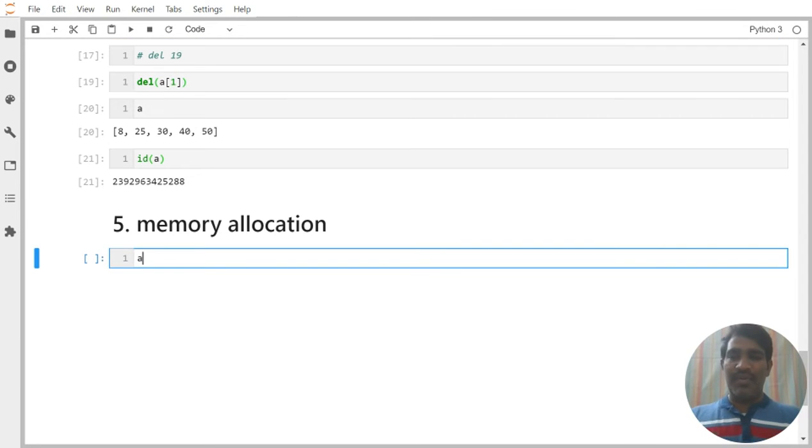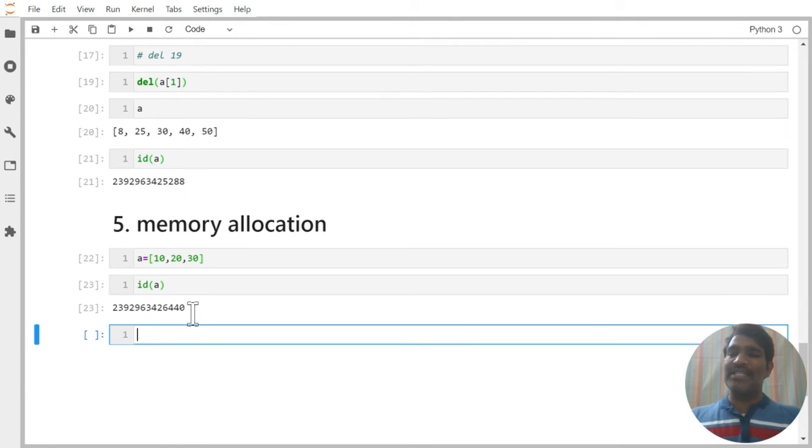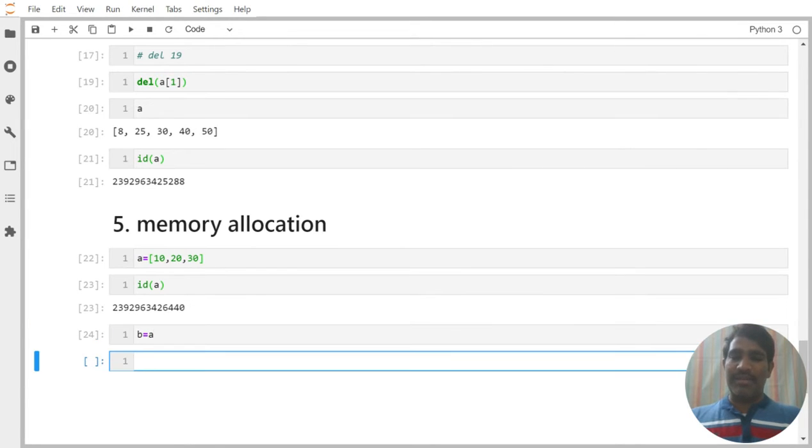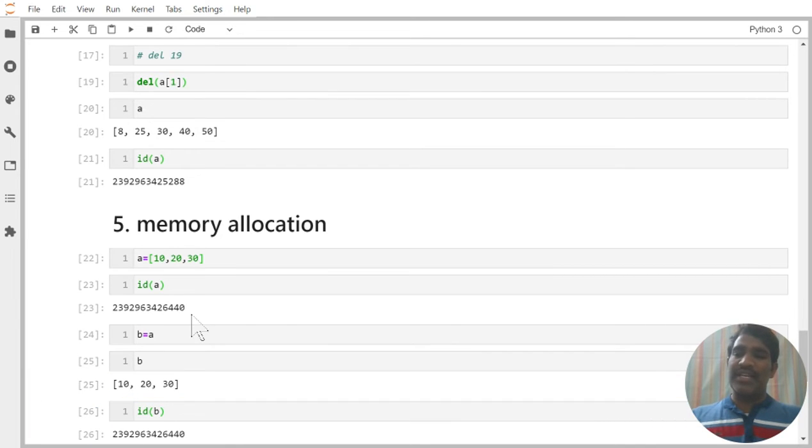For example, we define a is equal to a simple list 10, 20, 30. What is the ID of a? We are seeing here the memory location of a. Now I go for b is equal to a and I see what we have in b, and we see the ID of b. It looks like it is the same, right?